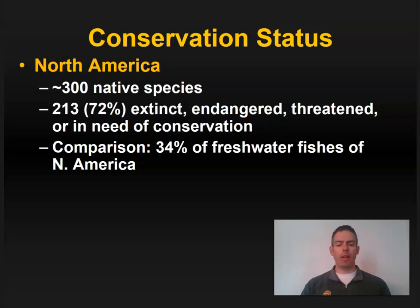Each of those states has well over 100 species each. Mussels are, though, considered to be the most imperiled group of animals in North America. That means that over 70% of the species of mussels are either extinct, they're no longer here, or they're endangered, threatened, or in need of some conservation. So many of the species of mussels are not doing very well, and that's something that is very concerning